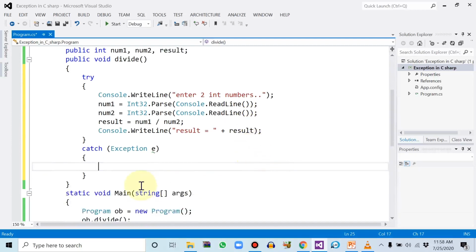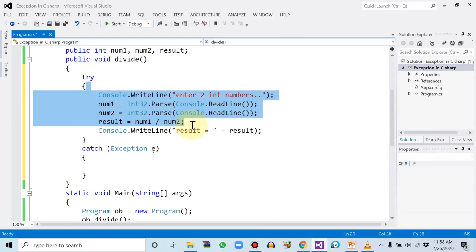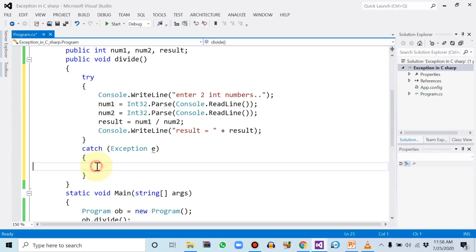Let's see. Now we have included all these 4 lines within the try block. We can expect an error within this code. So when an exception occurs within this code, the catch block will handle it, or you can say print those messages, instead of the program ending abnormally.